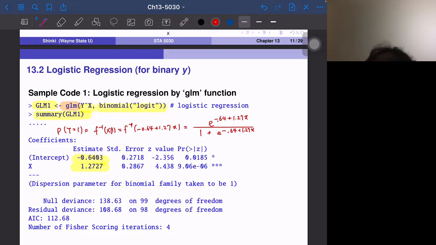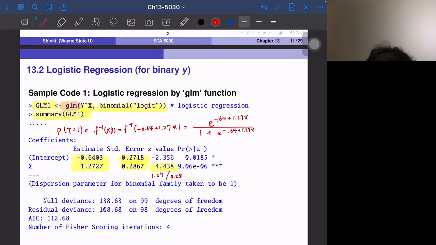And how reliable these estimates are, then these are standard deviations. So only 100 observations, but it's reasonably good. For example, the coefficient of x has the z value of 4.48. So this is basically the signal to noise ratio: 1.27 divided by 0.2867. So this is 4.438. And for logistic regression, actually, we don't really know what distribution this value follows, but